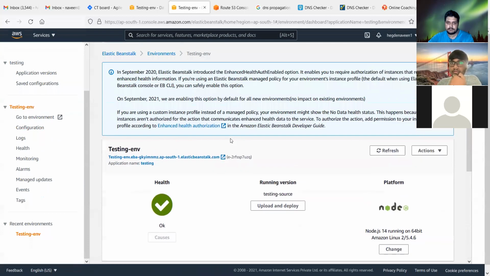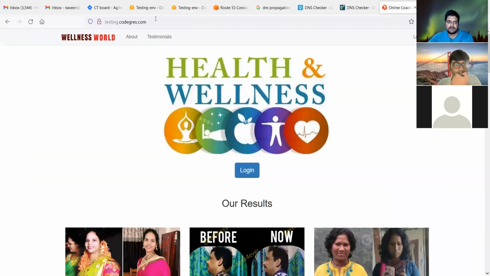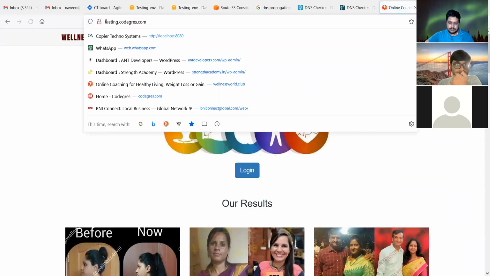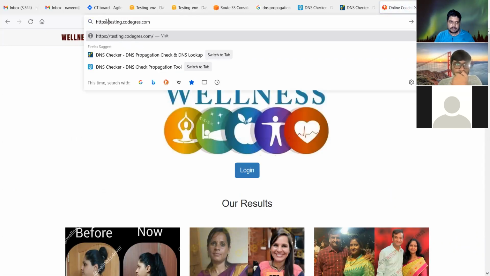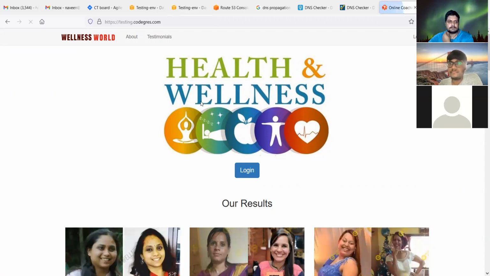Yeah, I'll show that. So now it's showing as ticked again. Now if I go and press, and if I go to HTTPS, yeah, HTTPS. Okay. So in the case of a single instance, we can't enable this SSL because there won't be any load balancer, right? Yeah, there won't be any load balancer.